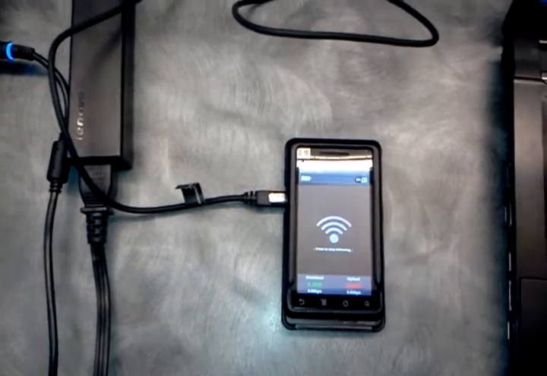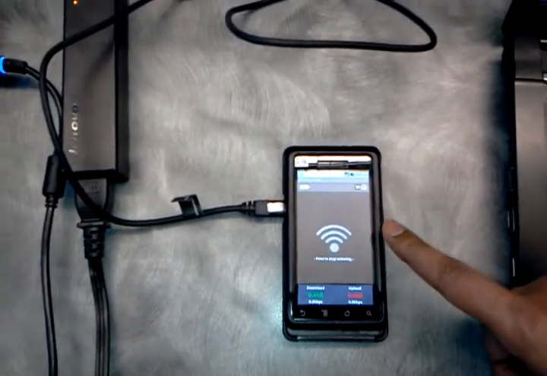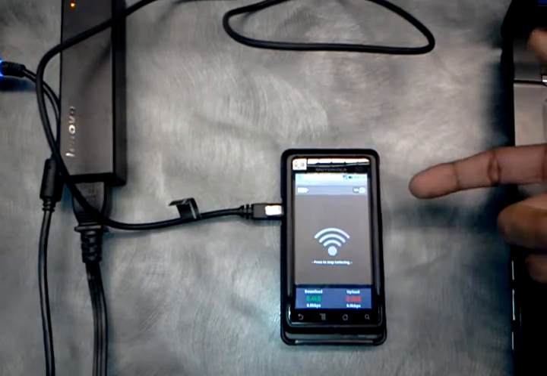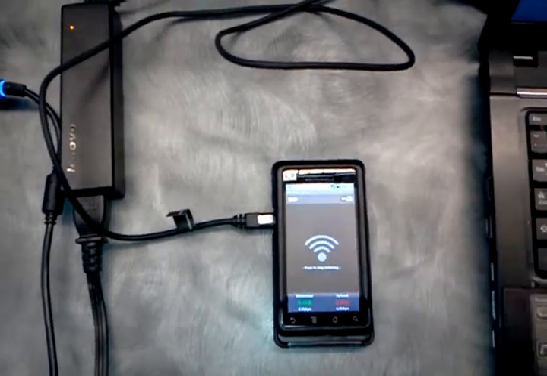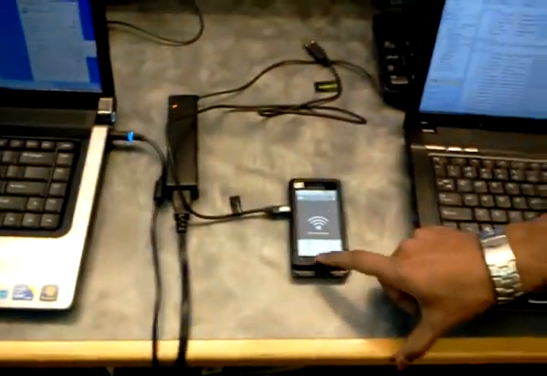Now we will see how clients can be associated with this access point, using this device as a rogue access point. If you go to the network connections, you can see the rogue access point SSID being displayed here, which is called Android Tether. This SSID is nothing but the SSID of this device.